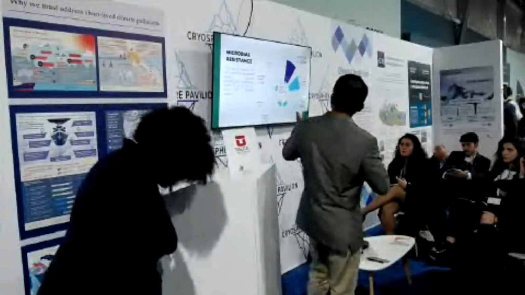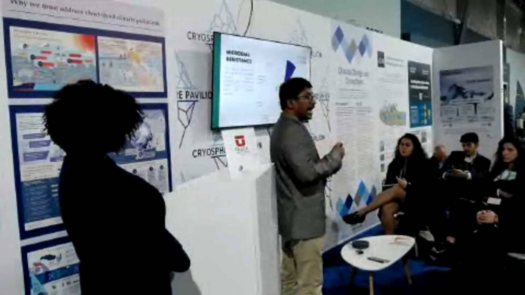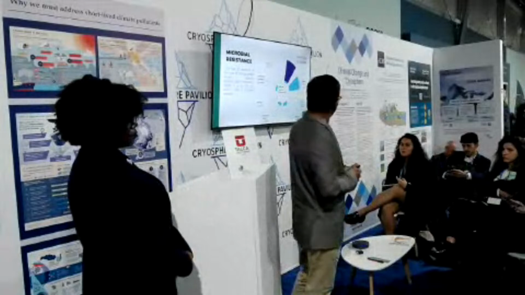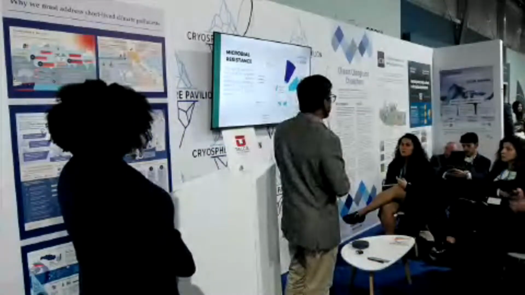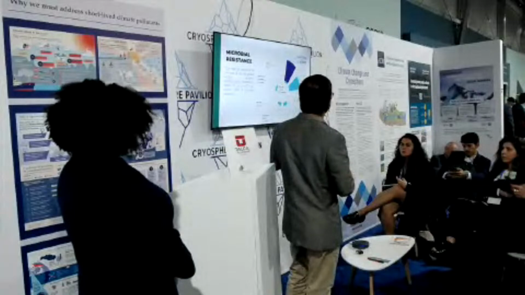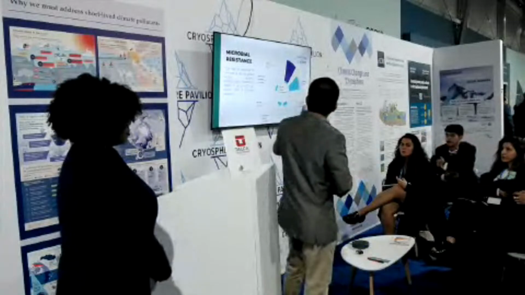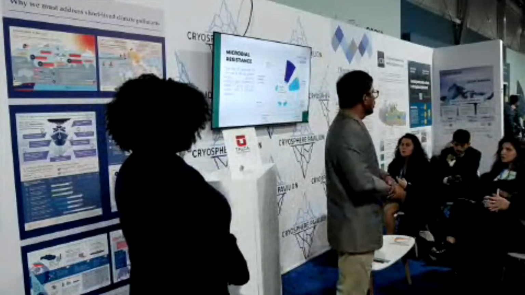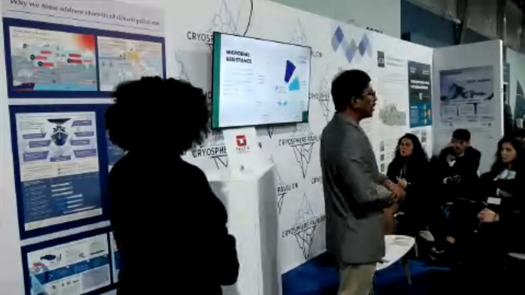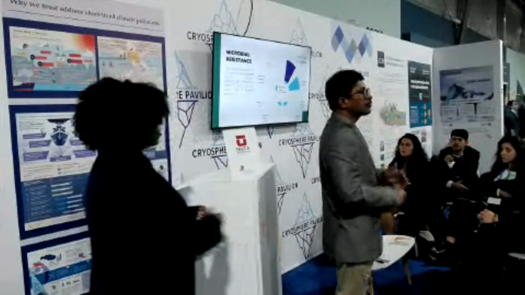For example, if we do not address these problems adequately, by 2050 the deaths due to antimicrobial resistance will be around 10 million. For example, for cancer, it's just 8.2 million, and cancer is number one, the first cause of death. So we have to address this problem most urgently.